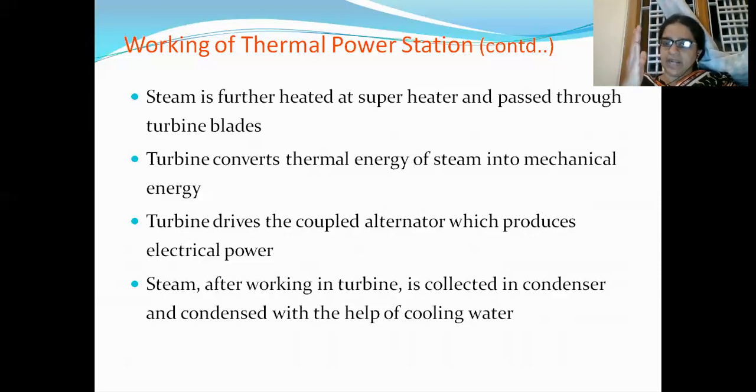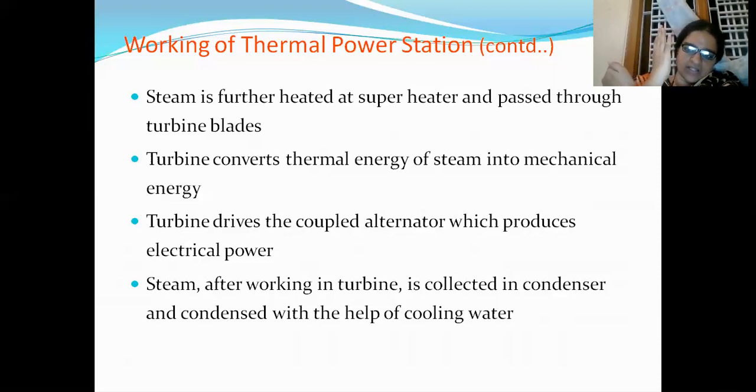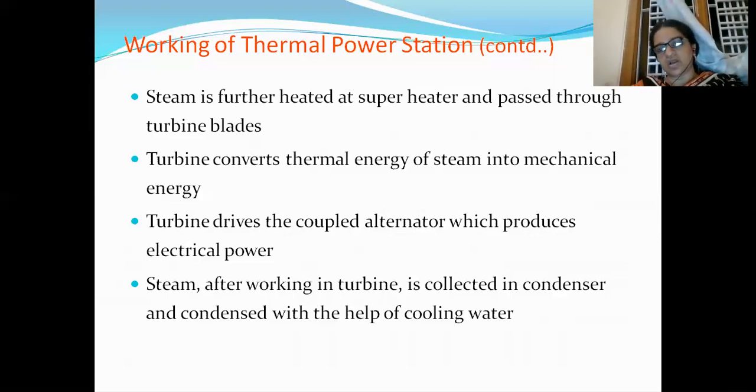What happens is, suppose that this is the turbine. At the end of the turbine, exhausted steam will be collected, and here you will have a condenser. So this exhausted steam is collected in the condenser. In this condenser, you will allow cooling water with the help of a cooling water arrangement. It may be a natural method of condensation, or it may be an artificial method of condensation. Whatever the method, your exhausted steam will be converted again into feed water, or into liquid.